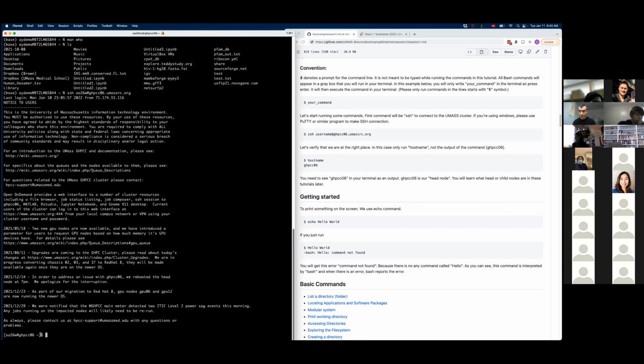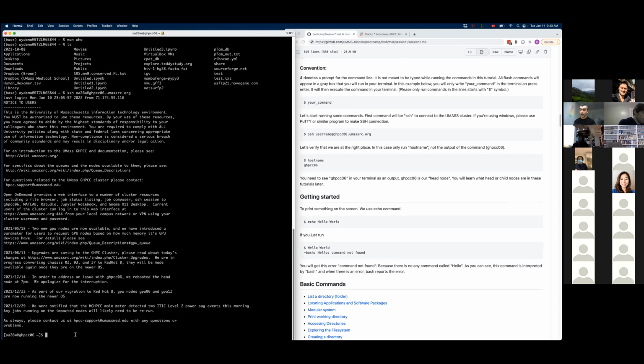The first difference is, if you remember, this used to be a % because I was on a Mac Z shell. Now that I connected to a Linux computer, I have a bash shell, so it has a $ sign here. My username also has changed, and the computer that we are working on has also changed.